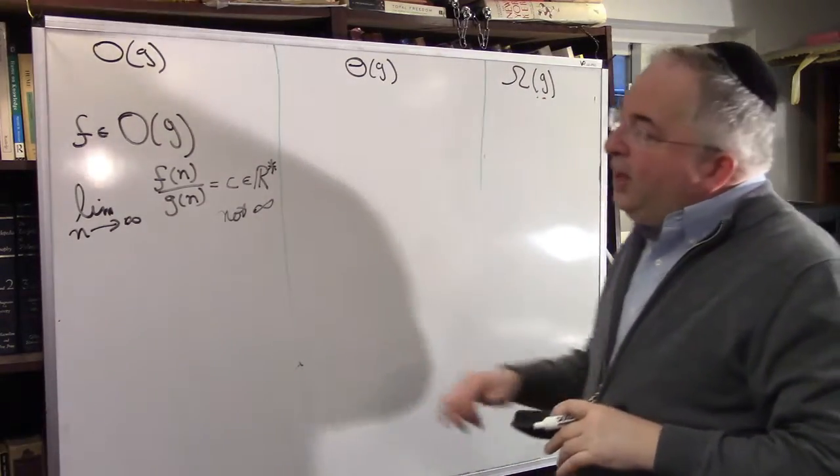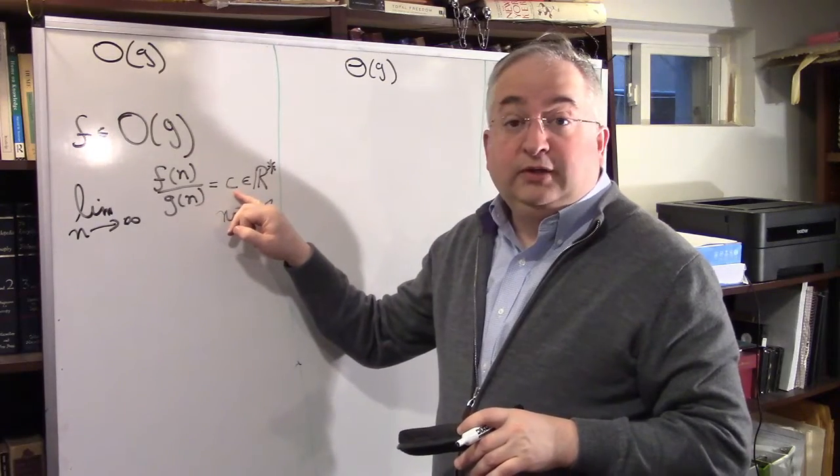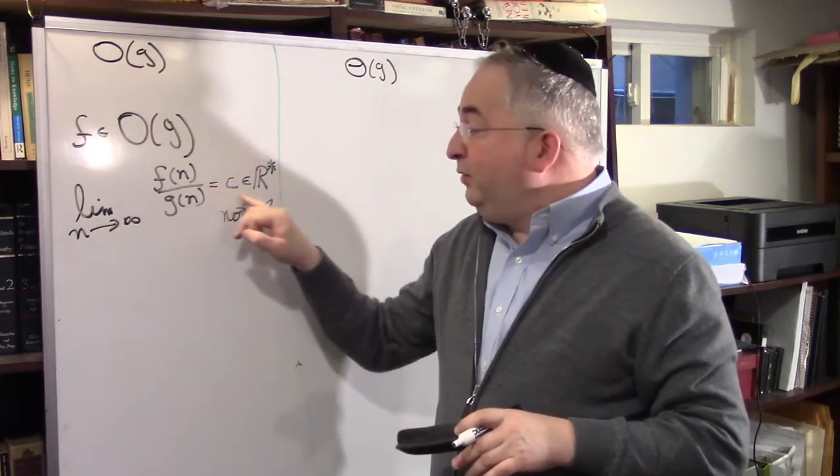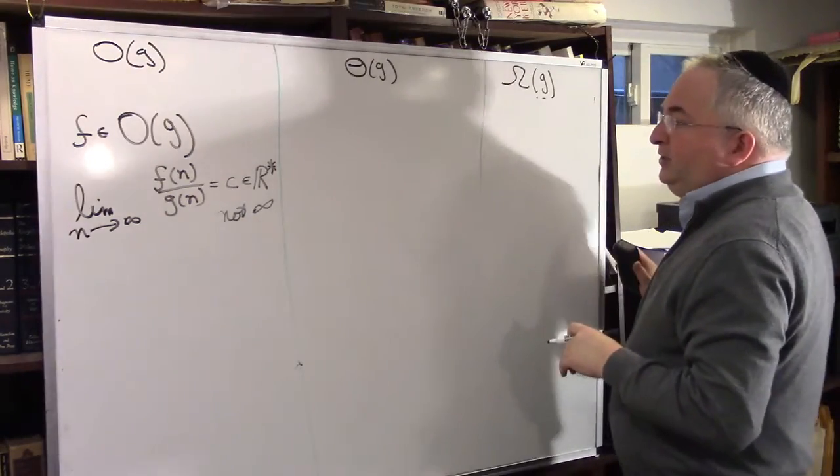Okay? So f grows equal to, that would be a real number, or slower than, that would be 0. Okay, but it can never go faster. Okay, as opposed to that,